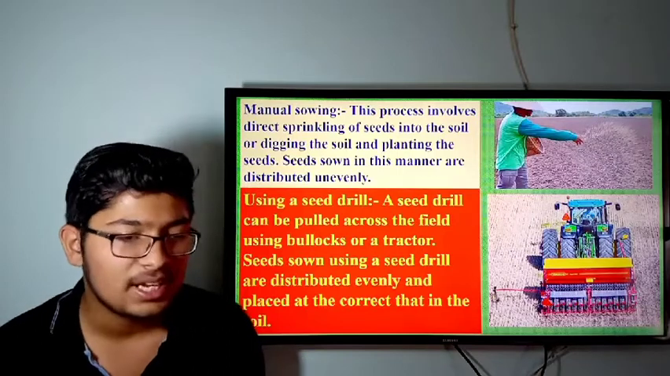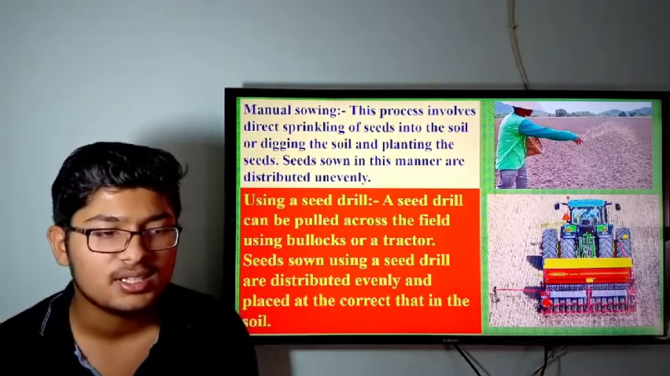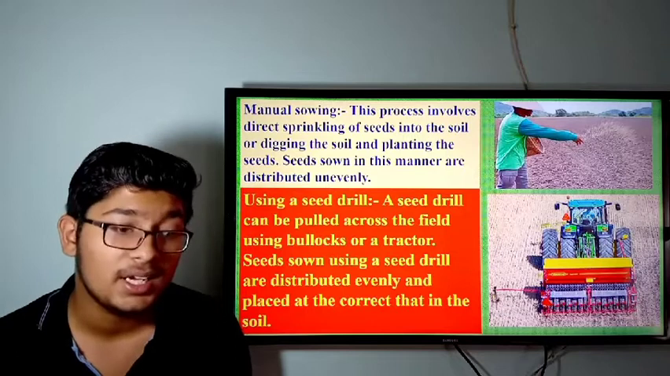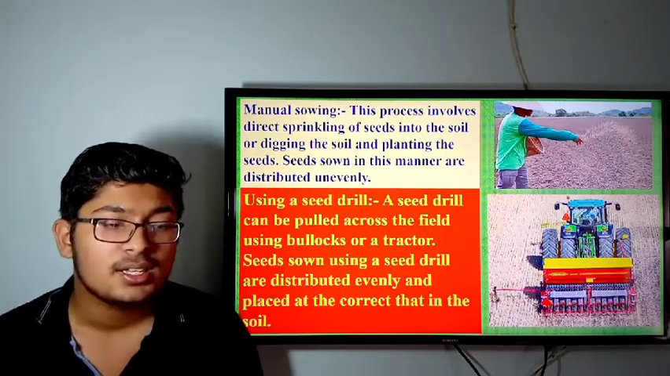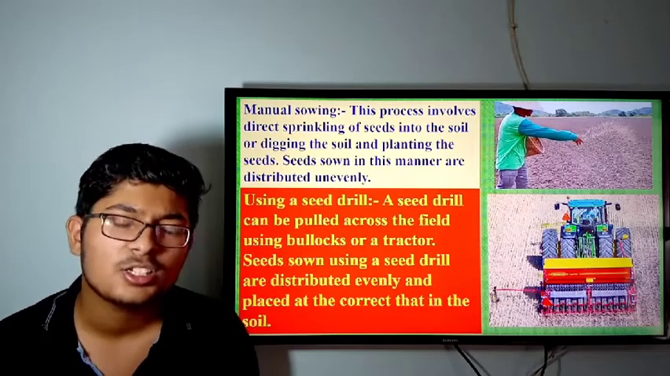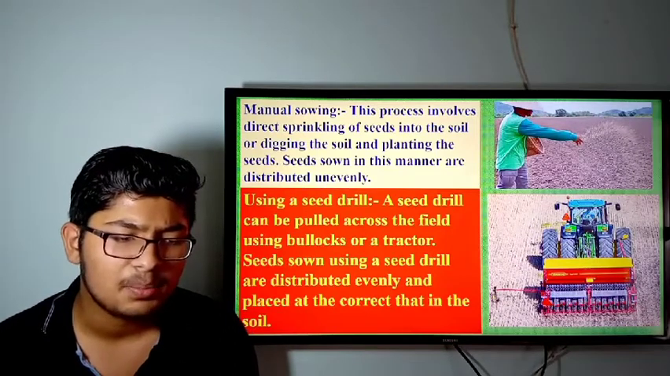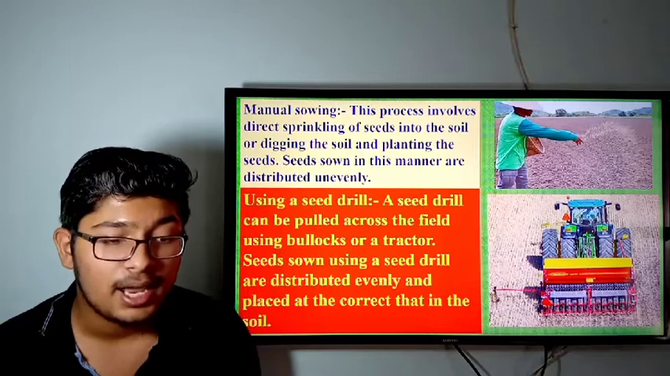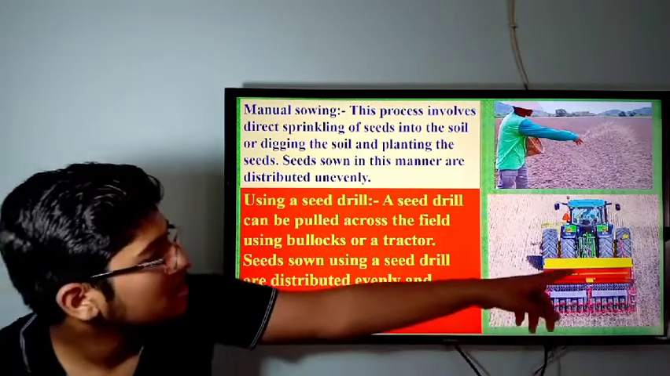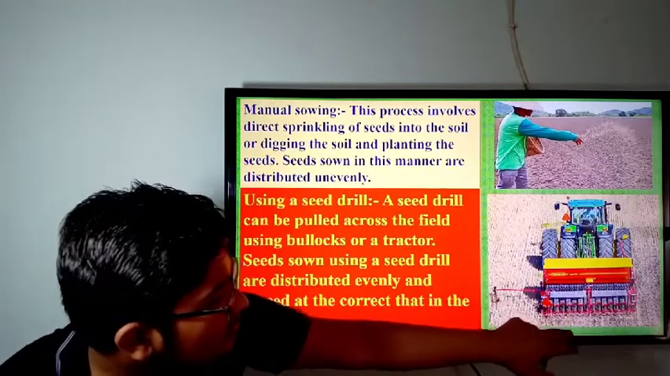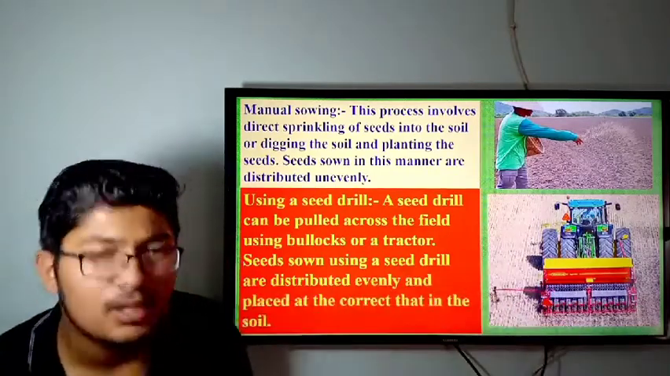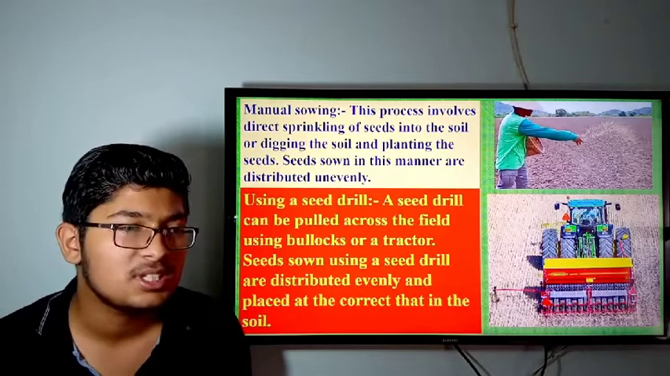And the next is using a seed drill. A seed drill can be pulled across the field using bullocks or a tractor. Seeds sown using a seed drill are distributed evenly and placed at the correct depth in the soil. See, this is a seed drill. Through this, it has tires which you can easily move through the field, and the seeds which are